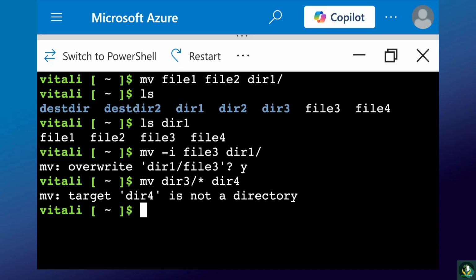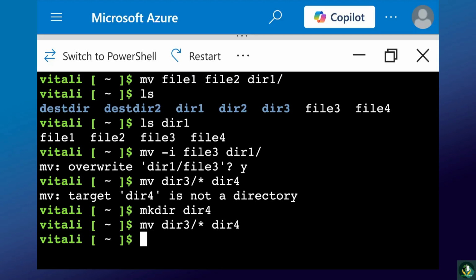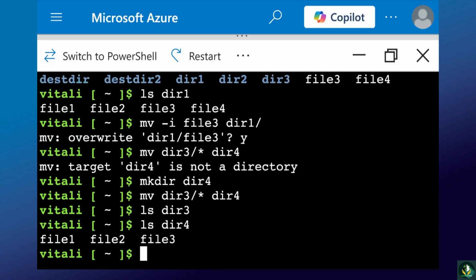When using the mv command, you'll need to have this directory already in place. So let me create this directory, dir 4, and rerun the previous command. Now all the contents of dir 3 are gone and moved to dir 4. If we ls dir 3, that will be empty. And if we ls dir 4, that will contain all the files